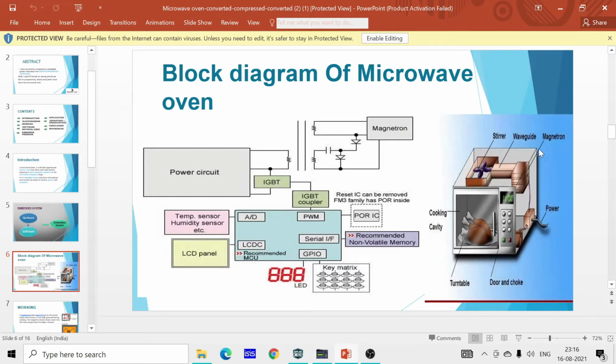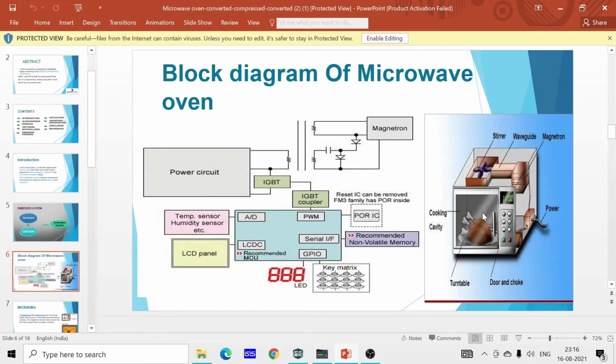Actually, the waveguide is used for transferring the microwave from the magnetron to the cavity, or we can say the microwave oven. And here also a stirrer, which is a cooling fan, is used, and the cooking cavity, where the microwave is transferred from all directions.